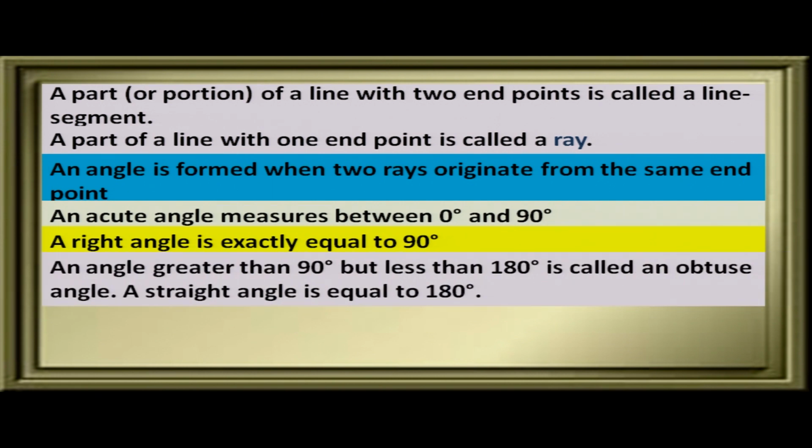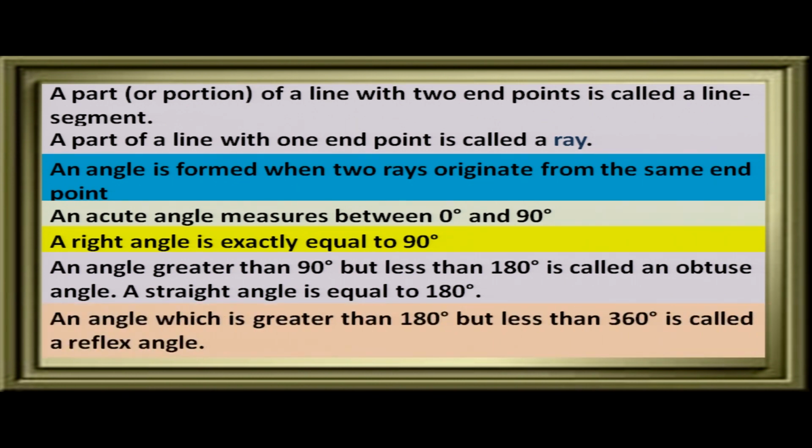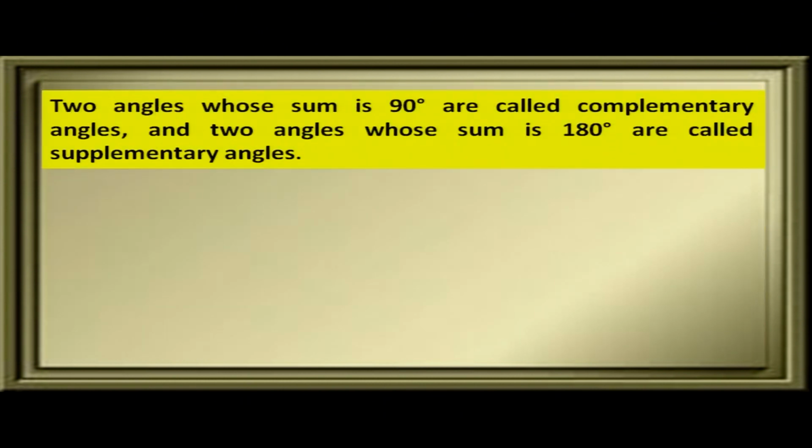An angle greater than 90 degree but less than 180 degree is called an obtuse angle. A straight angle is equal to 180 degree. An angle which is greater than 180 degree but less than 360 degree is called a reflex angle. Two angles whose sum is 90 degree are called complementary angles, and two angles whose sum is 180 degree are